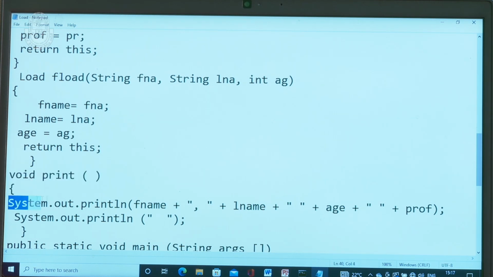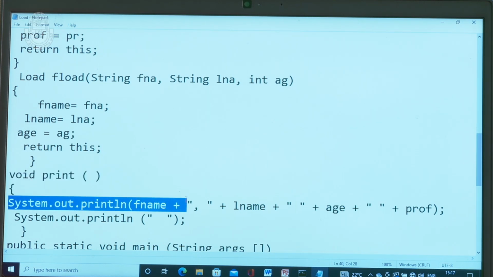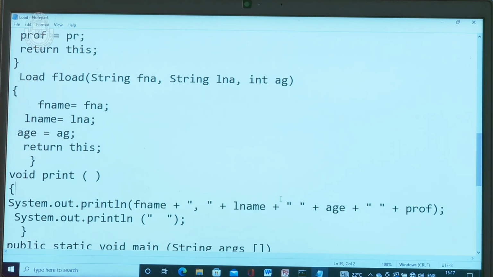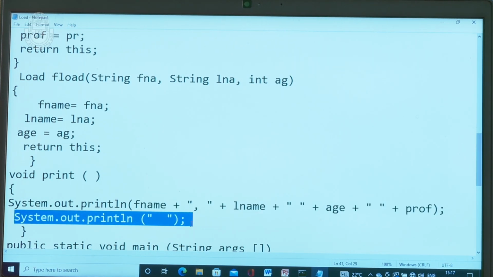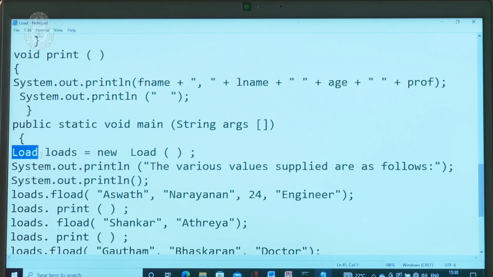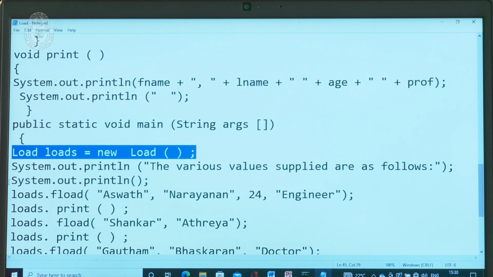void print method begin System.out.println(fname + lname + age + prof); System.out.println(); public static void main(String args). This is the main function. Begin load loads = new load method;